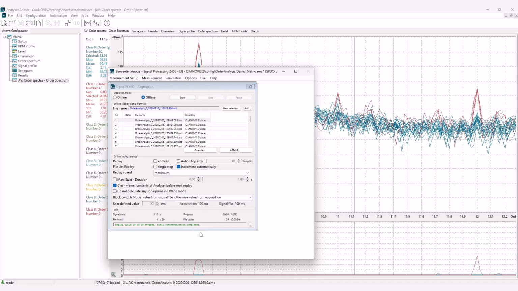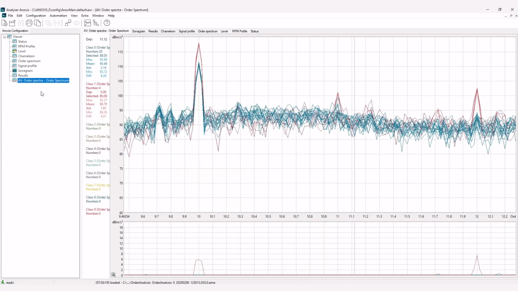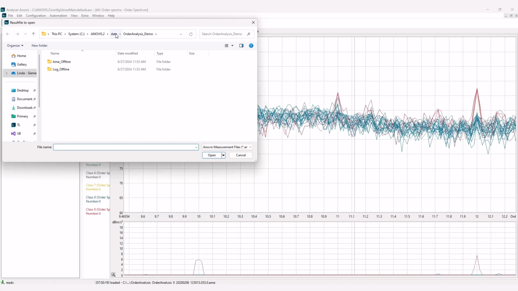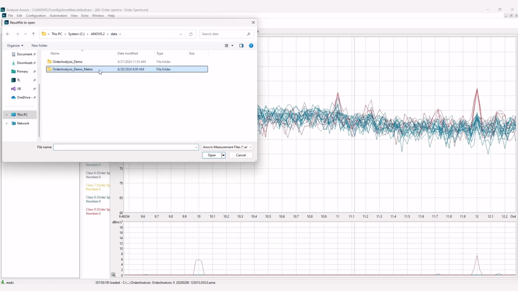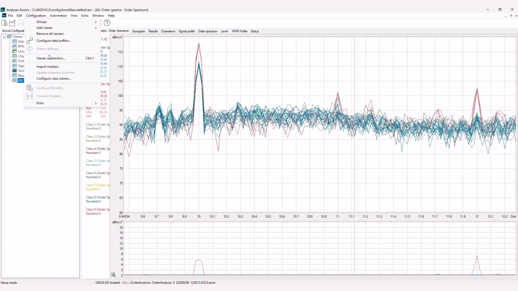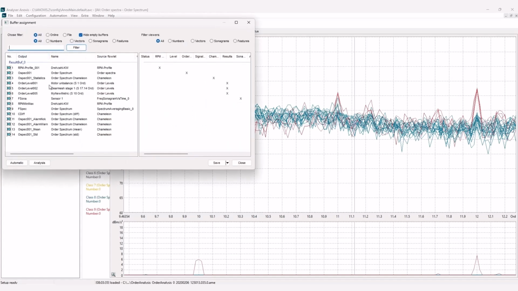Now I can open the new results back in our signal analyzer. We're going to open one of the new results, which now, because we gave a new name to our .ams file, will be stored in a new folder instead of overwriting the original data. Now that we have this open, we can load it as a buffer as before, but this time we're going to select our new metric.